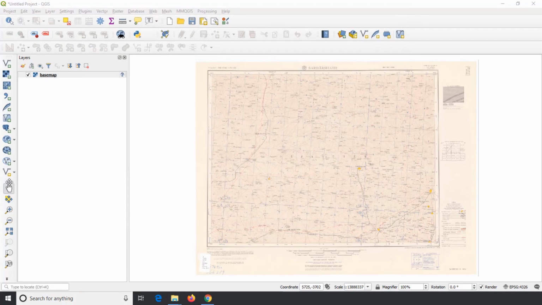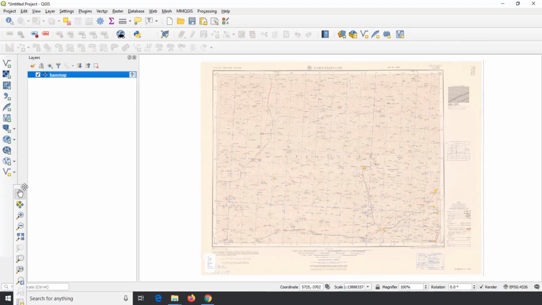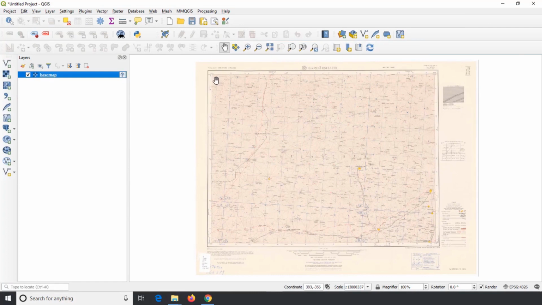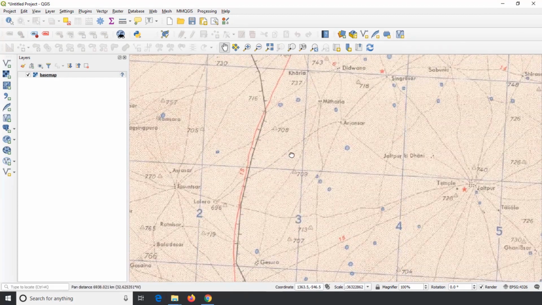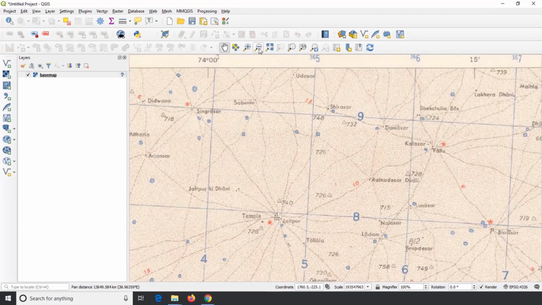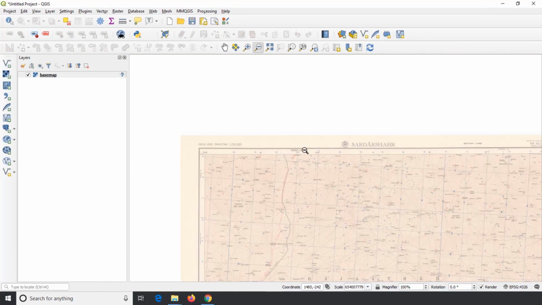I have kept the Map Navigation toolbar on the left side of the software. To keep it on the top of the software, I click on the 3 dots and move it to the top. I use the Zoom tool to zoom the topo sheet and the Pan tool to move the topo sheet. To reduce the zoom, I use Zoom Out.